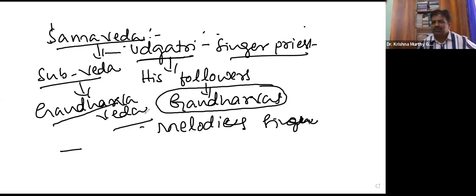Every Veda has its own sub-Vedas. For example, the sub-Veda of the Samaveda is Gandharva Veda. What about the sub-Veda of the Rigveda? Every Veda has its own sub-Veda or branch Veda. Gandharva Veda is the branch Veda of the Samaveda. Like so, the sub-Veda of the Rigveda,